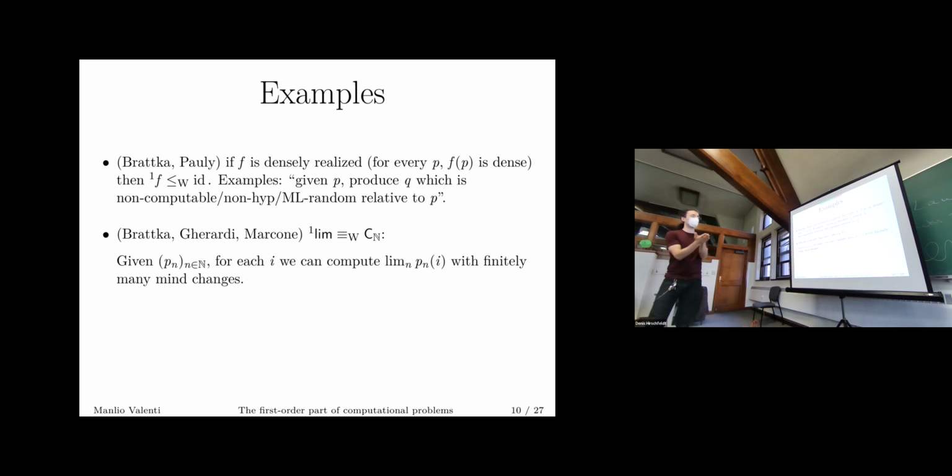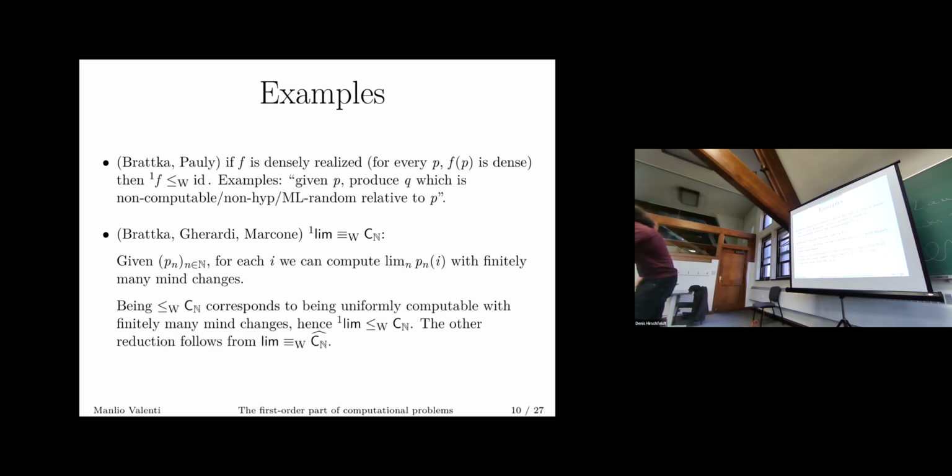And since you want to compute a prefix of the limit, you only need to do it for finitely many components, let's say finitely many rows, and therefore, since being reducible to choice on the natural numbers exactly corresponds to being uniformly computable with finitely many mind changes, that's how you get one reduction,